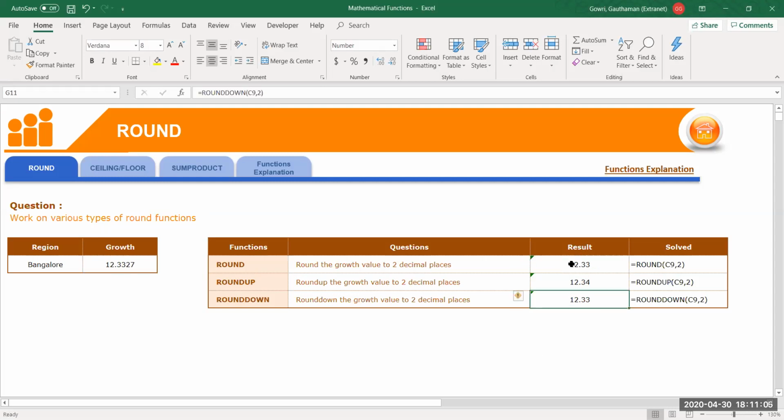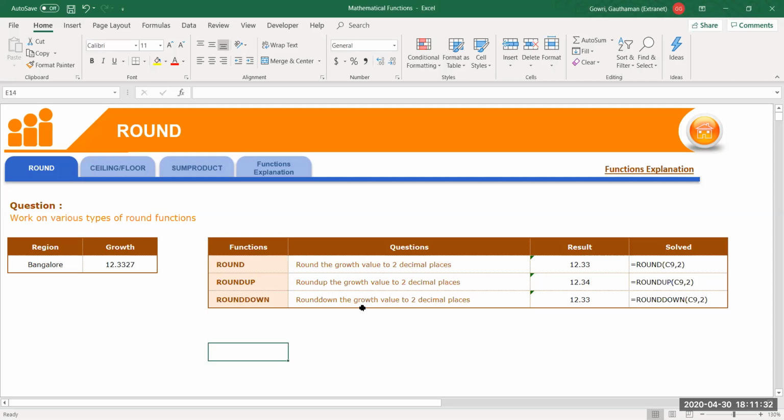See, round just tries to reduce it to 2 decimal places, but round up is always going to round it off to a higher value, and round down always tries to reduce it to the lowest value. Okay, so these are used to just round off your values to a certain number of places.